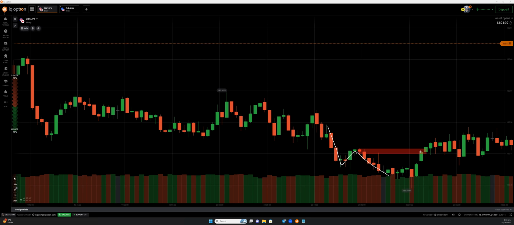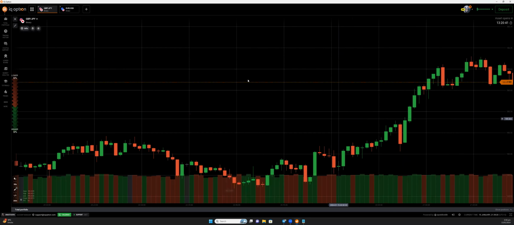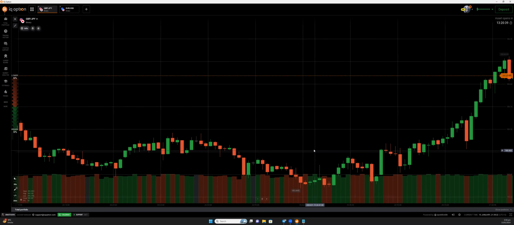If you were not waiting for the confirmation candle, what would you do then? After this candle, you will go for the 5 minutes. Sometimes you will win, sometimes you will lose, because the confirmation candle may also appear if you are hurrying and putting in the trade. But I'm suggesting that you wait for the confirmation candle. Then you will be safe from the losses in this condition. And anywhere where the price action is clear, then you have to trade.